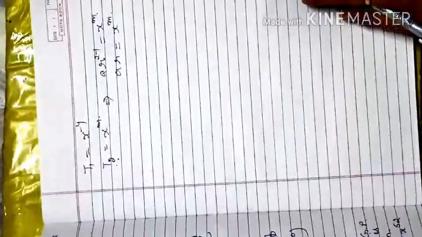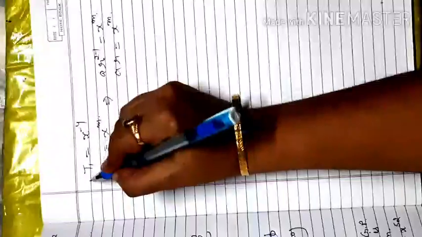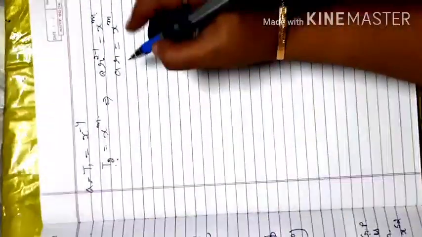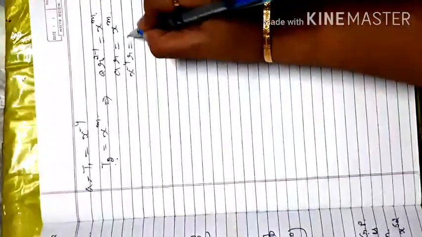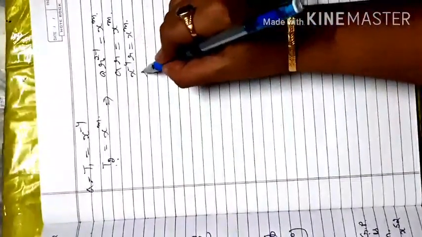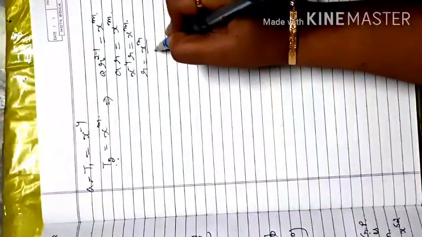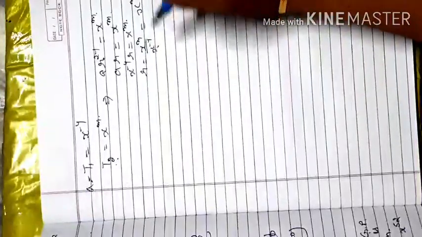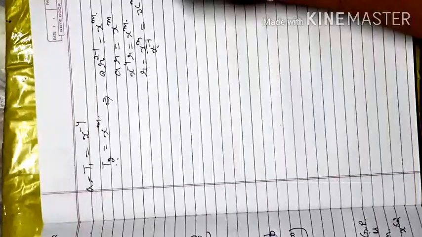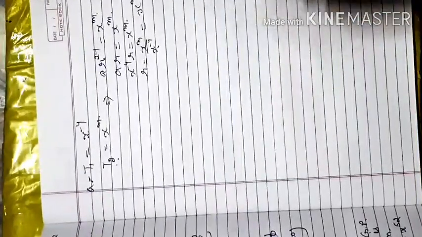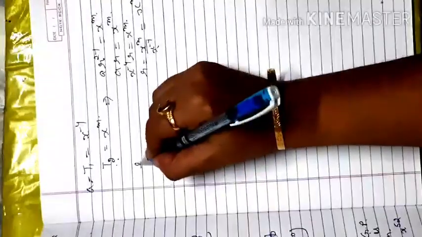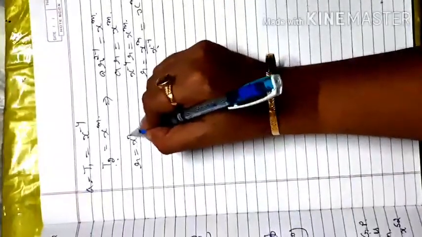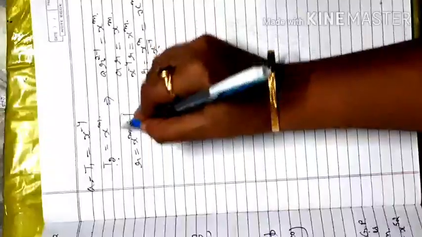I can extract the value R from that, because this is my A term, my first term. So I apply it here: x minus 4 times R is equal to x m. When R is divided, x m is divided by x minus 4, and when the same base is there, one in the numerator and one in the denominator, the power is subtracted, so m minus minus 4 becomes m plus 4. So that is my R value, x raised to power m plus 4.